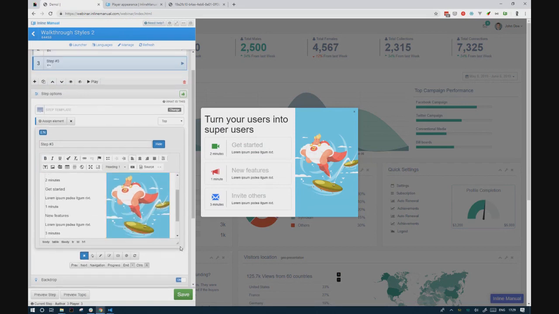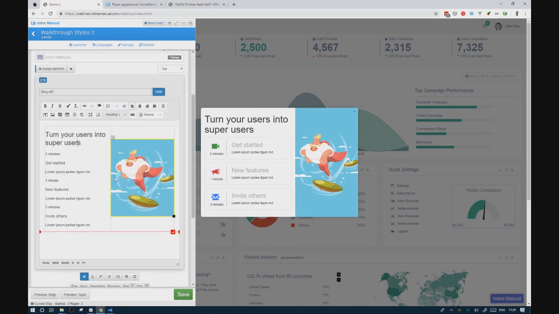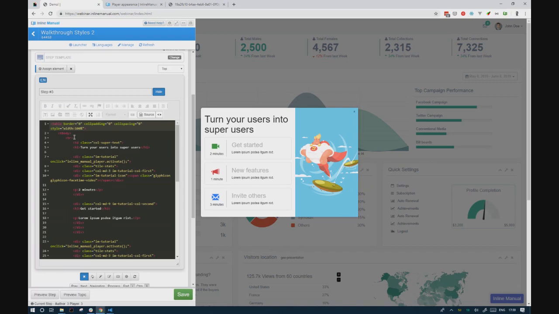So for example, let me try to expand this. This is the view inside of the WYSIWYG, but of course there's a little bit more going on in the background, where you can see that there's the table. So you can see the table borders, the images here. Here is the text, and if I switch to the source, it includes some HTML. So for example, we have here this IM tutorial place or wrapper, I would say. And then we have different titles and so on, and the content for each of these